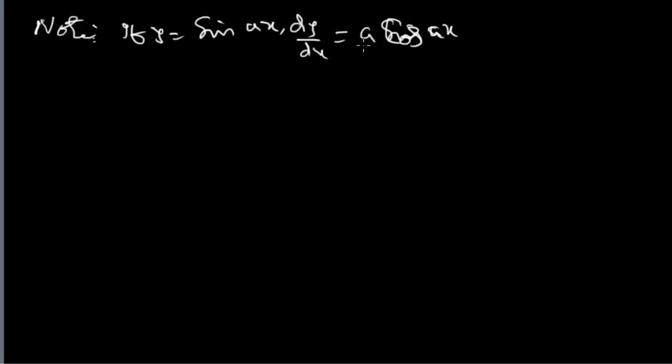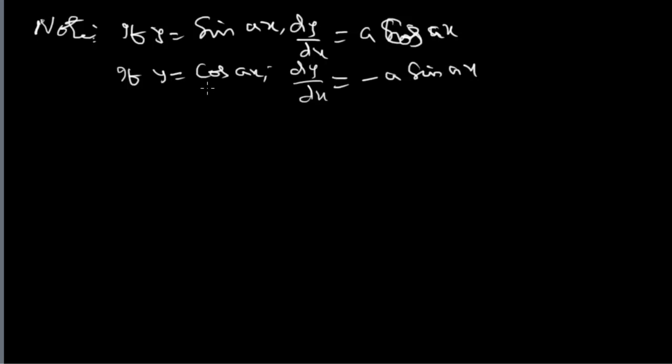A is written here. Now, if y is equal to cos ax, dy by dx is equal to minus a sin ax. Why? Differentiation of cos is minus sin. Differentiation of ax is a here. This is number 1. Number 2. Number 3. If